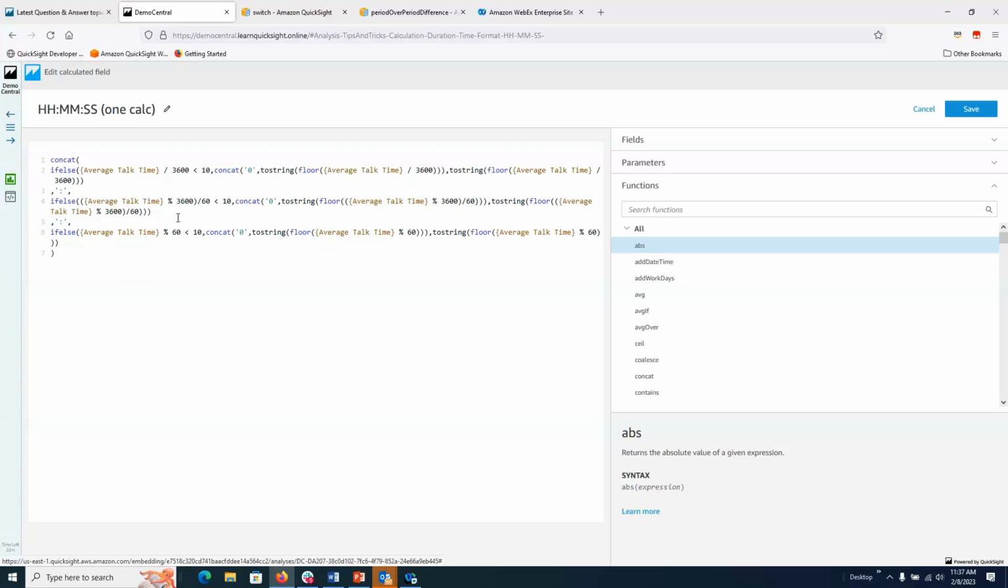Next, we're looking for minutes, where we're using the percent here. So we're doing the division and taking the remainder. Looking for minutes. Doing the if-else check for that less than 10 to concatenate the 0. Then we're taking these numeric values, turning them into strings. And then finally, we do the same thing for seconds. This looks complicated,